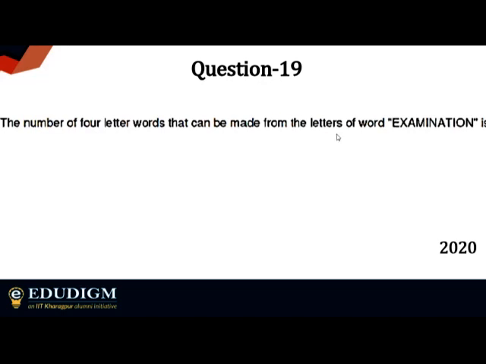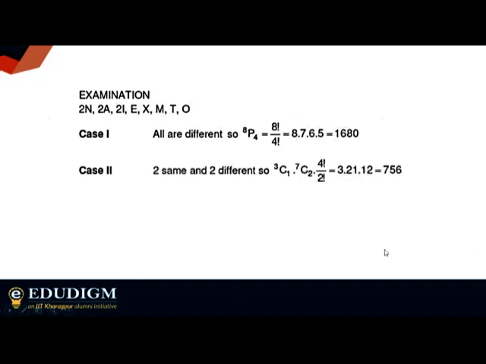Aditya, you're supposed to find out the answer, right? 2500 approx. Great. So I'm sure you know how we can make different cases. You basically have four letters, so you can choose all distinct letters, then two same and two different, and two same of one kind and two same of another kind. For the different cases, you have to calculate the possible options distinctly, and then you just add them up and get your answer.